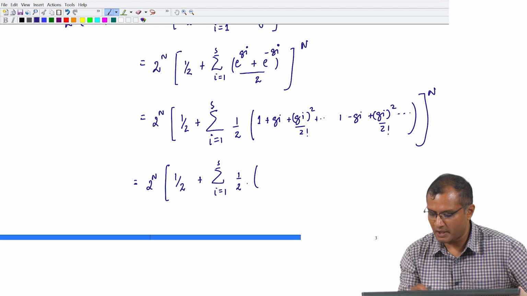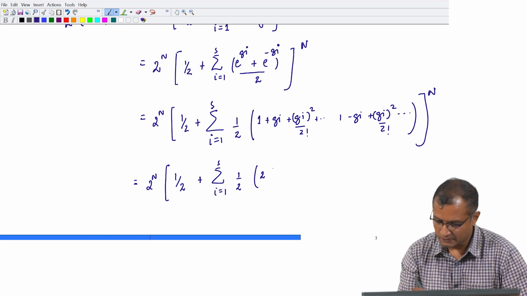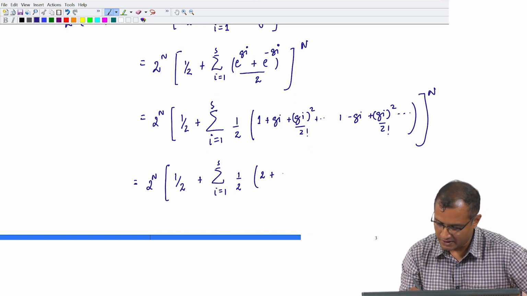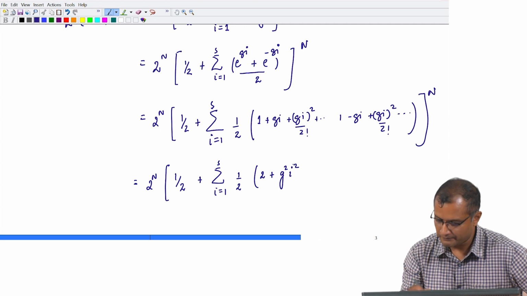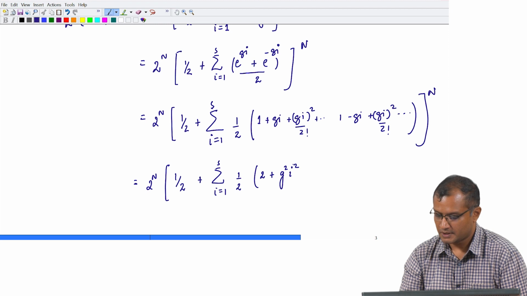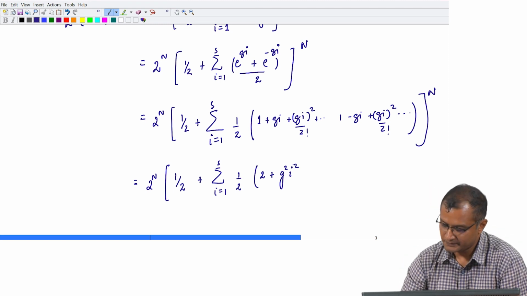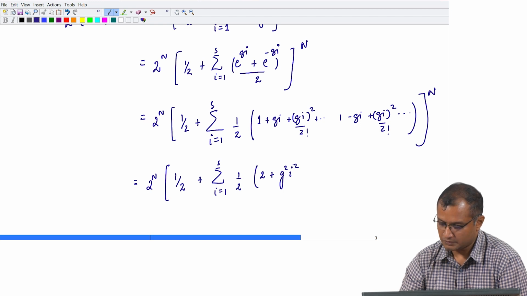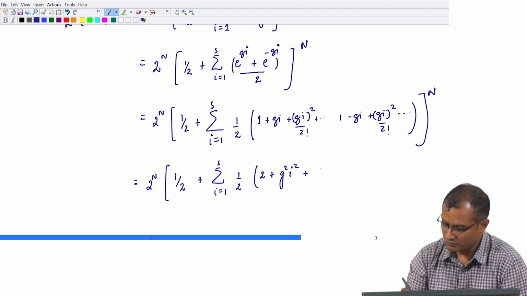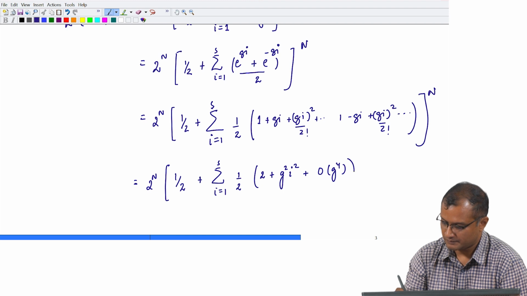So, I am going to add 1 and 1, okay, that is going to give me 2, plus I am going to add gi square. So, that is going to give me g square i square, okay, because there is a factorial 2 in the denominator, okay. And so what I get here is basically the next term would be order G4 that I am going to drop,